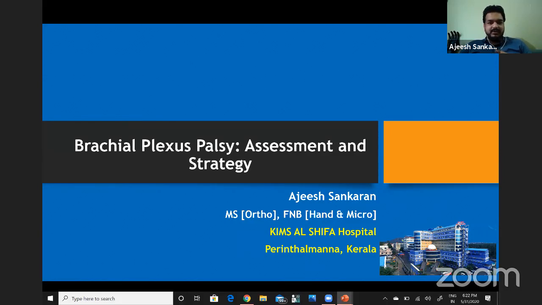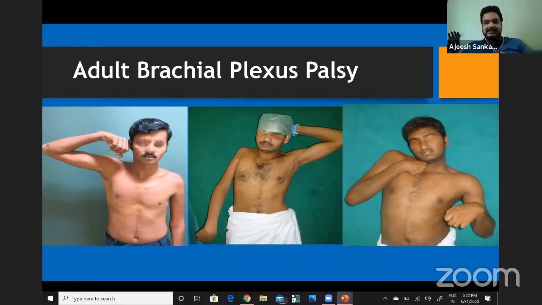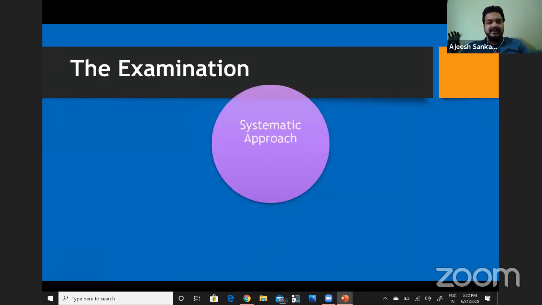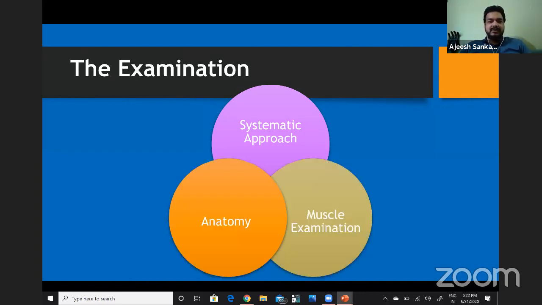plexus palsy short case. Adult brachial plexus palsy, which is what we're restricting ourselves to, comes in a large variety of forms. It can be just a partial palsy to a global palsy and can even end up as a bilateral brachial plexus palsy. These things can look difficult to a student, but the point here is that we need a systematic approach to this examination to get through the exam and even in real life to treat these patients. And that is strongly based on a knowledge of the anatomy of the brachial plexus as well as